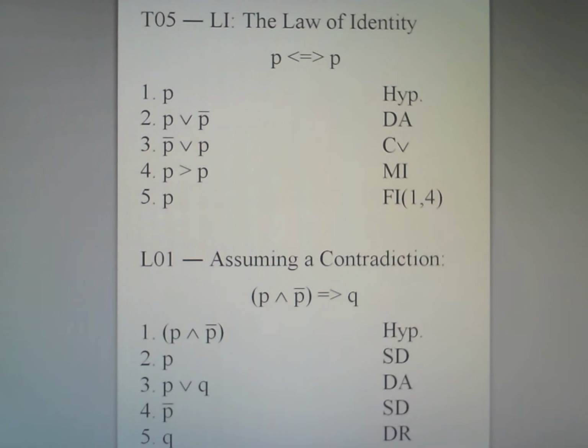And finally, I would like to prove a lemma. The official name I use for it is the perniciousness of inconsistency. Couldn't get that phrase in here, so I call this assuming a contradiction. It's a lemma to Theorem 2 in my system, I believe. It might be Theorem 3. But basically, it shows why we do not allow contradictions in formal logic.